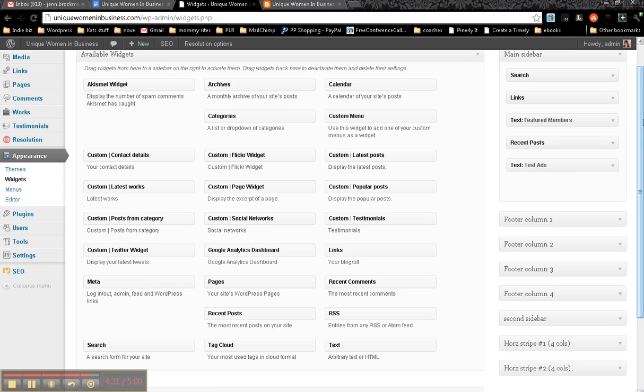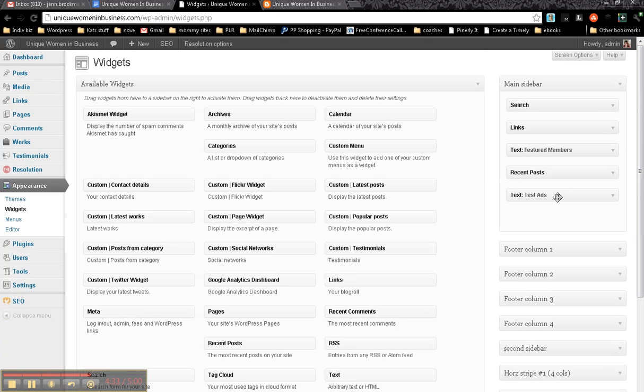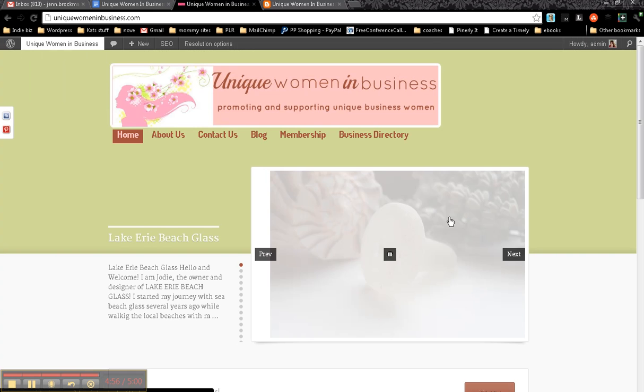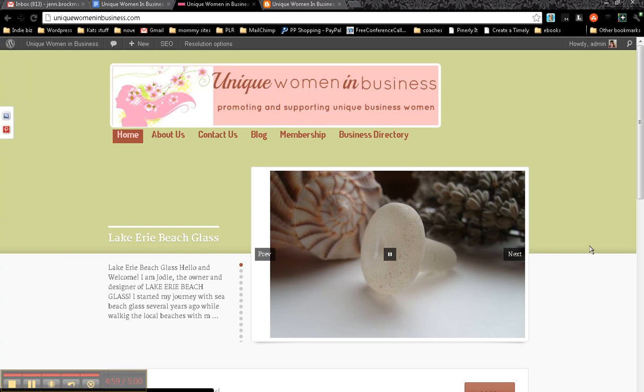Okay, so one more thing I want to share is that within each sidebar area, you can also move around your widgets. So if we want to have the test ad up here above our search bar, we can do that. Again, I'm just left clicking and dragging and dropping. So that should be saved, and we can go take a look at our front page. Okay, again, it doesn't show on the front